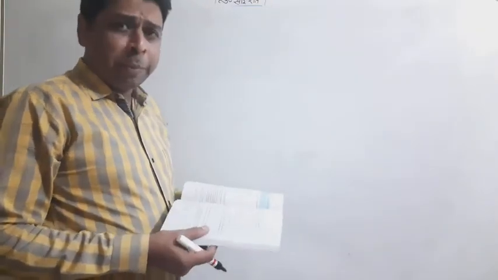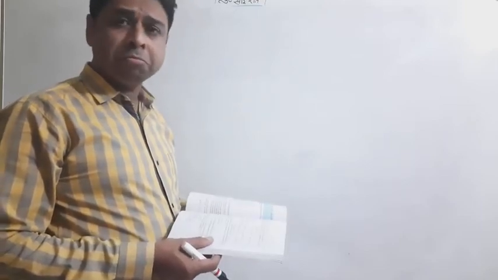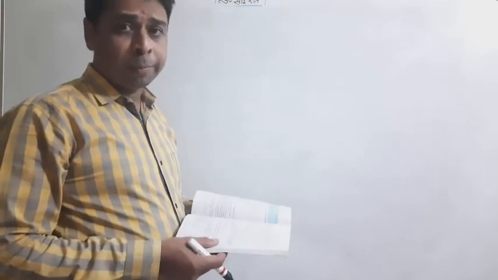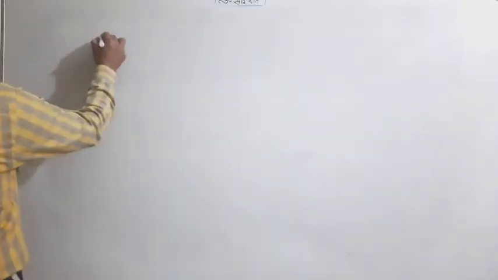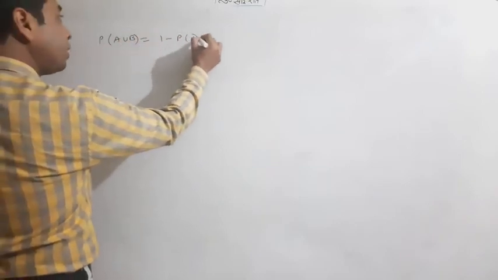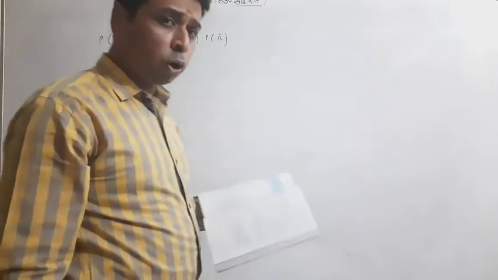When A and B are independent events, then what will happen? You know, P of A intersection B is P of A into P of B. P of A union B, you know the formula, what will come? A union B is equal to, as I recently taught, 1 minus P of not A into not B. So it's a very easy question. I'm talking about the 8th question.